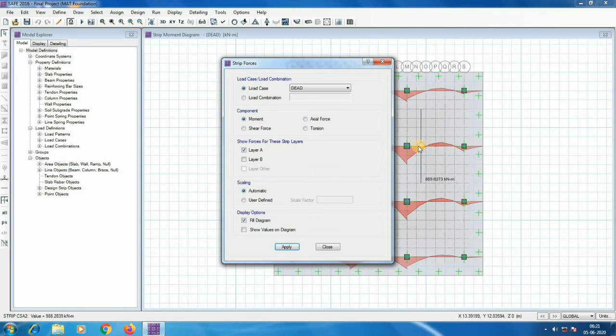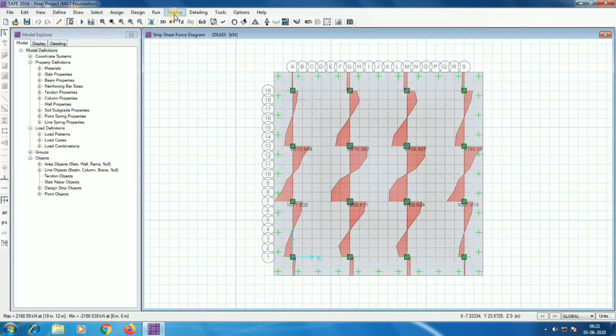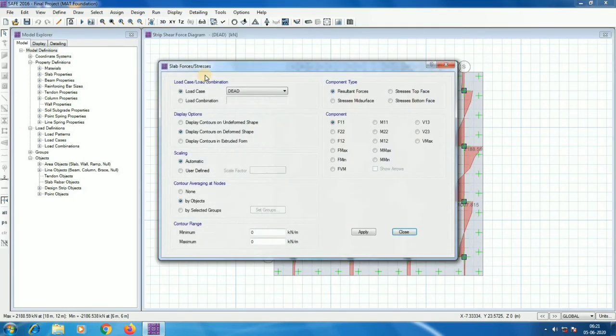You can hover the cursor to see the values at particular points. Close this box and this time go to Display menu and click on Show Slab Forces/Stresses. Choose a particular load case or combination and a particular component to see the corresponding results.